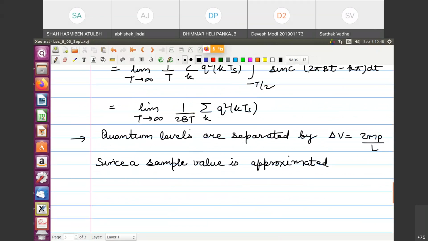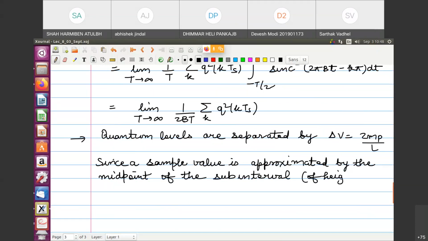Since the sample value is approximated by the midpoint of the subinterval of height delta V in which the sample falls,